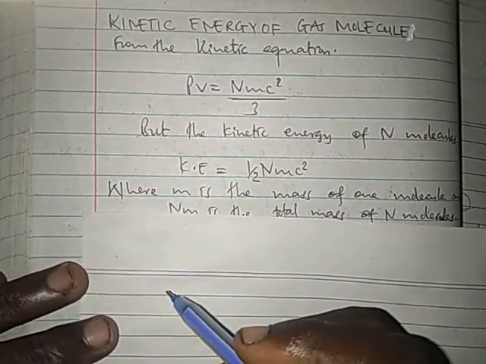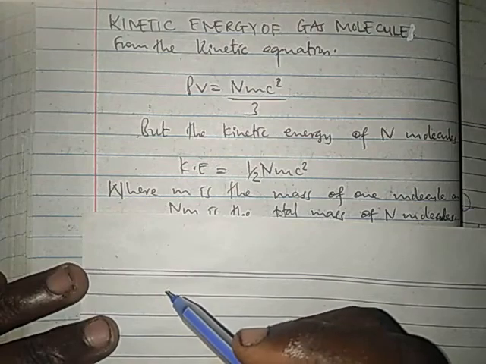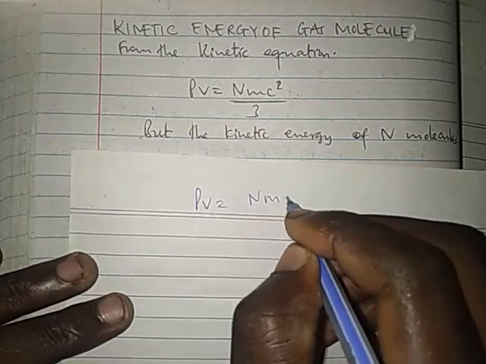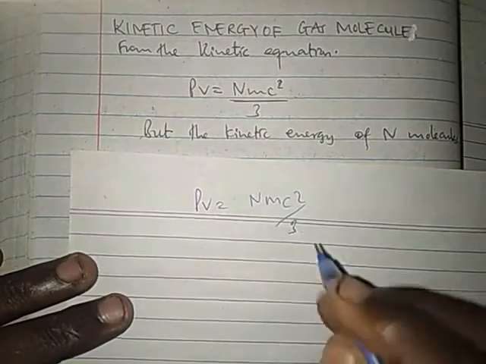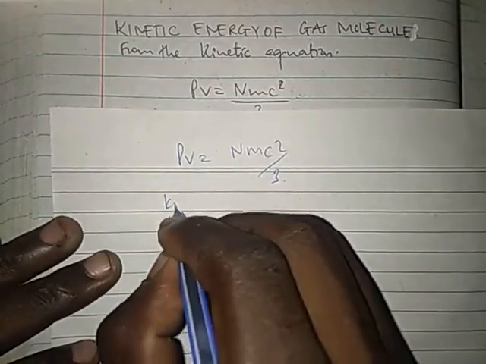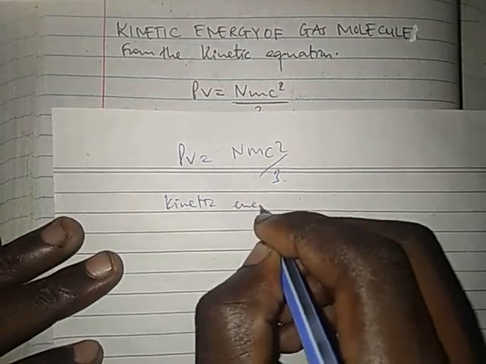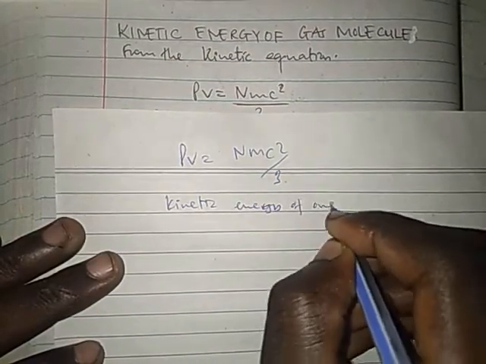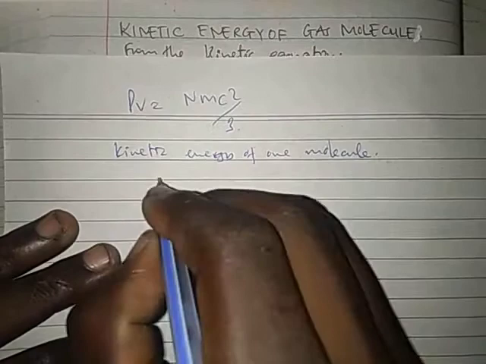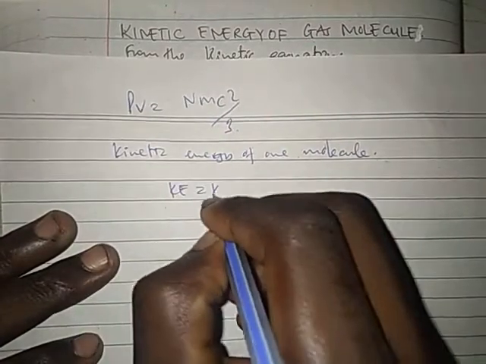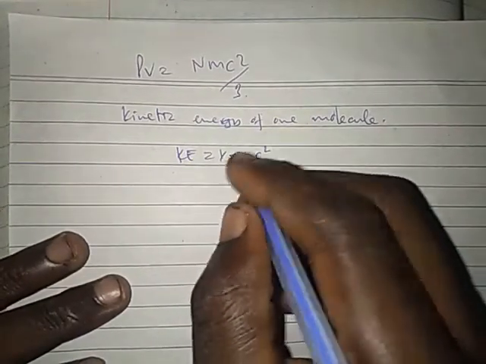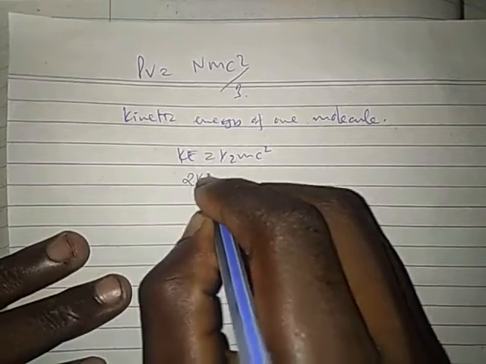Now, from the equation which we discussed earlier, PV is equal to NMC square divided by 3. This is the kinetic equation of gases. Now we said kinetic energy of one molecule is equal to a half mc square, that is the mass times velocity square. Half mass velocity square. So 2 kinetic energy is equal to